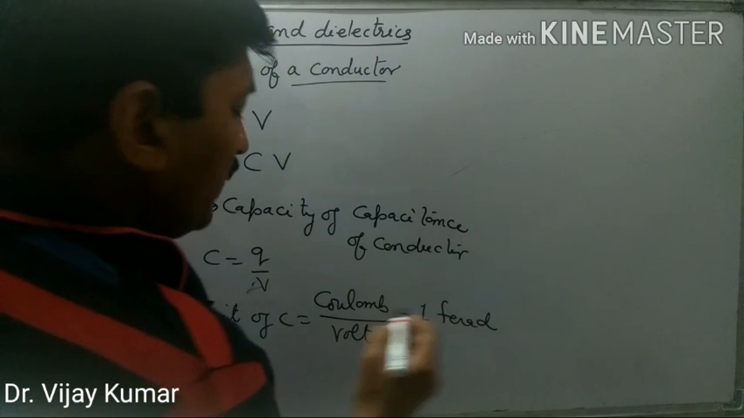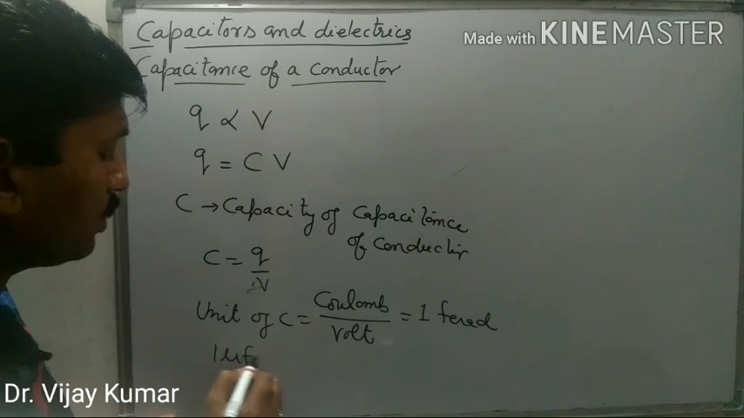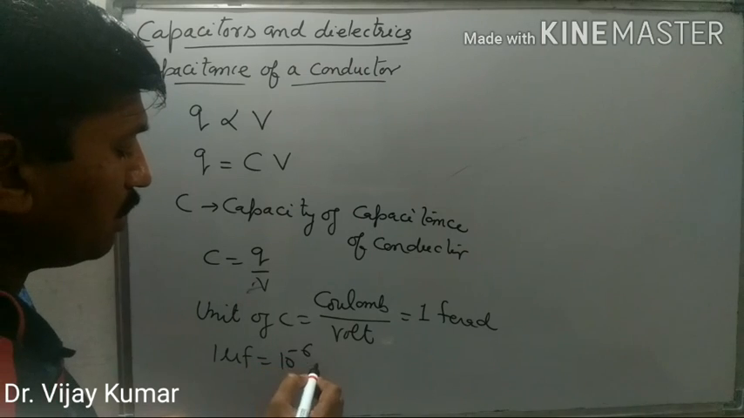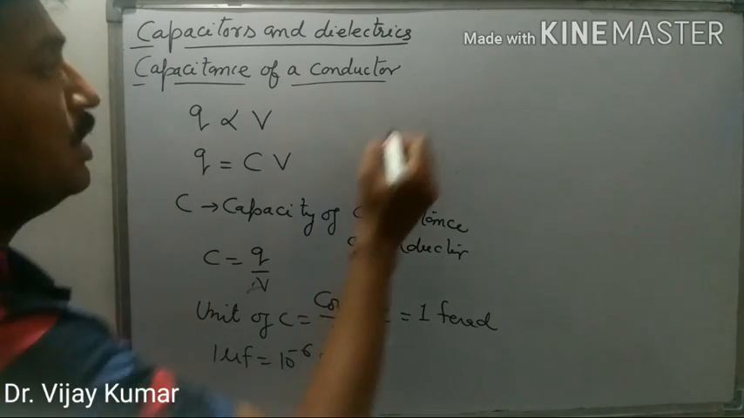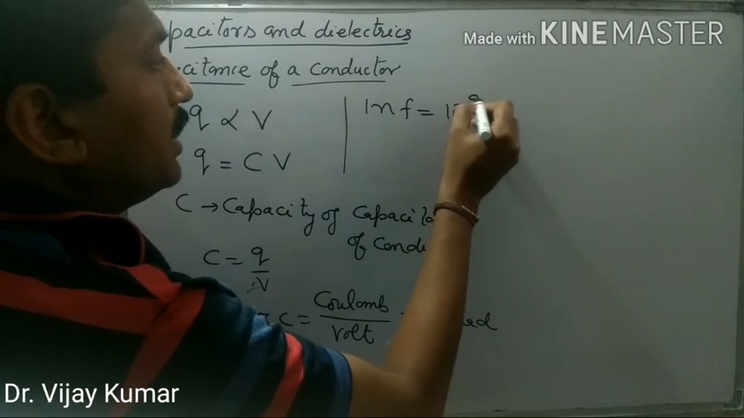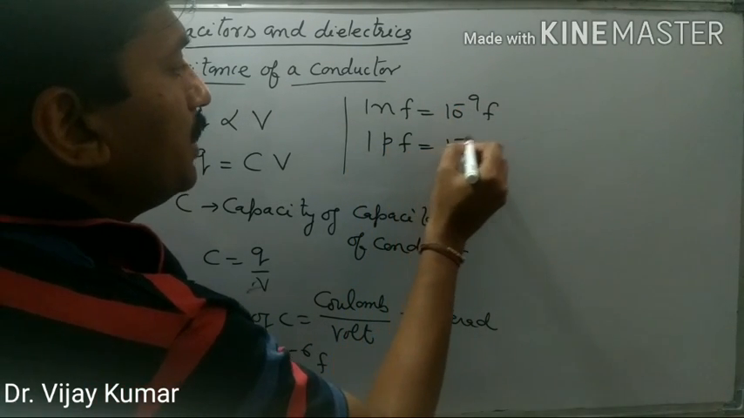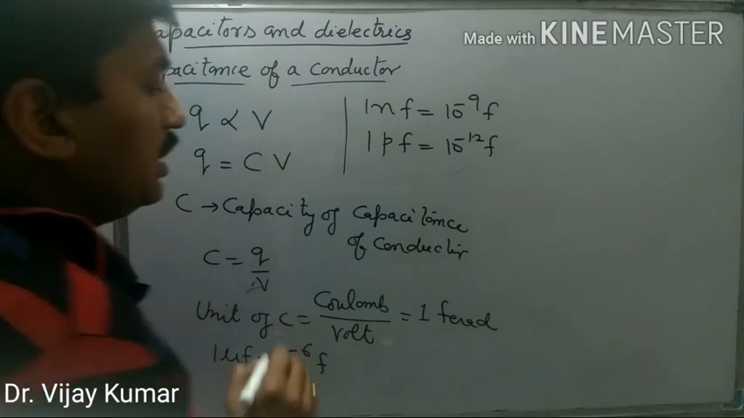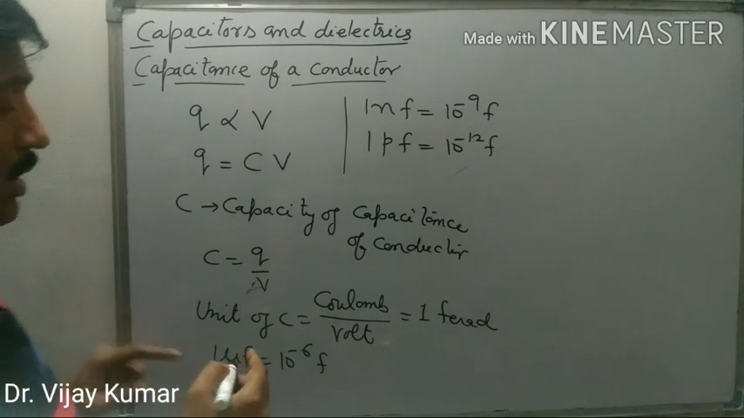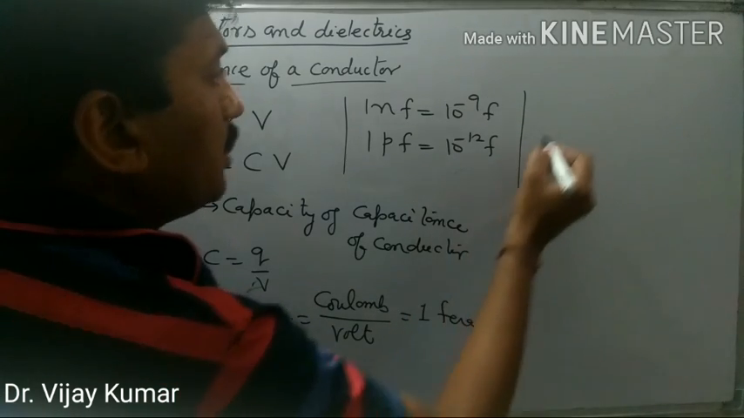1 farad is a very big quantity, and in general we use 1 microfarad, that is equal to 10 to the power minus 6 farad, 1 nanofarad 10 to the power minus 9 farad, 1 picofarad 10 to the power minus 12 farad. These are the other units of capacitance, and we can also determine the dimensional formula of C,